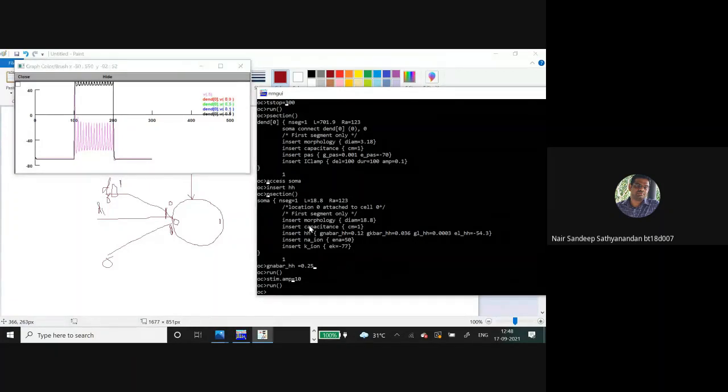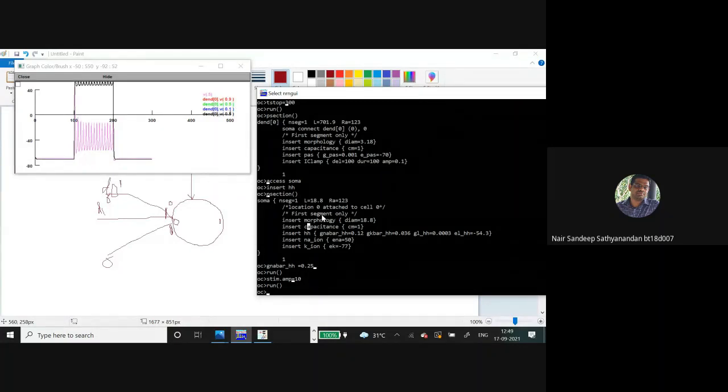There may be a syntax error when I configured. I need to check that one. So this is one thing that I wanted to cover, the signal propagation along the dendrite. There is some mistake in the command somewhere, otherwise all the three should have been visible.